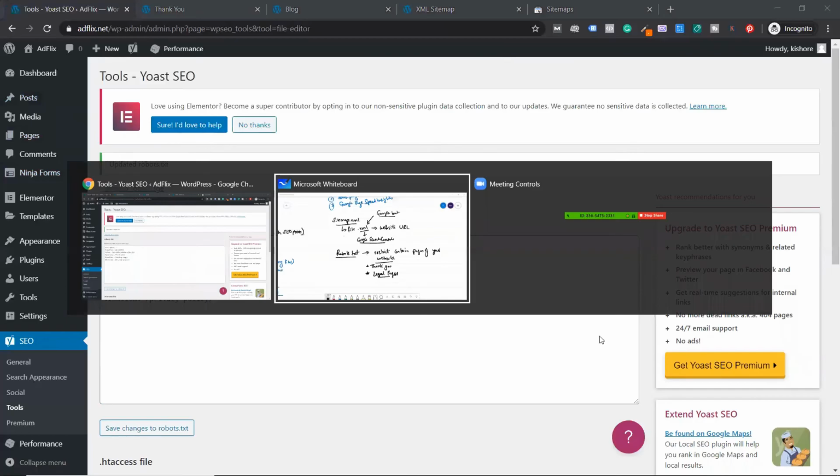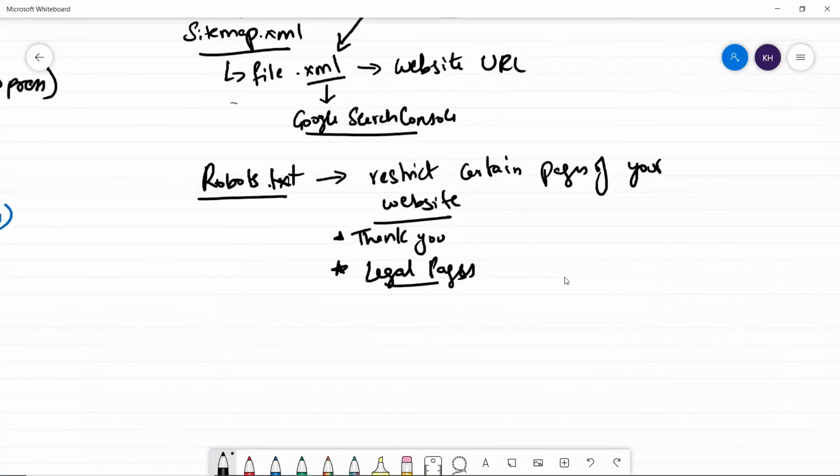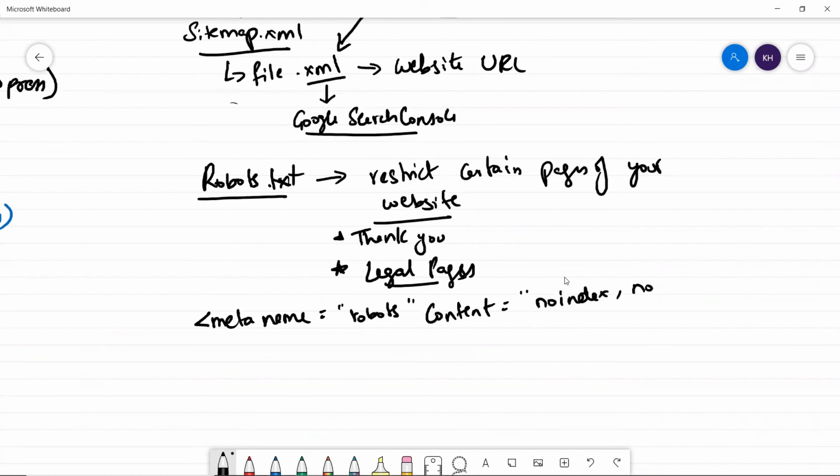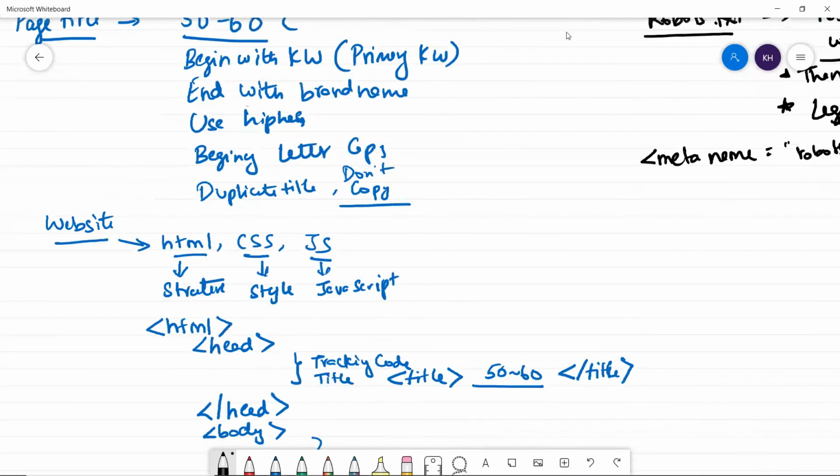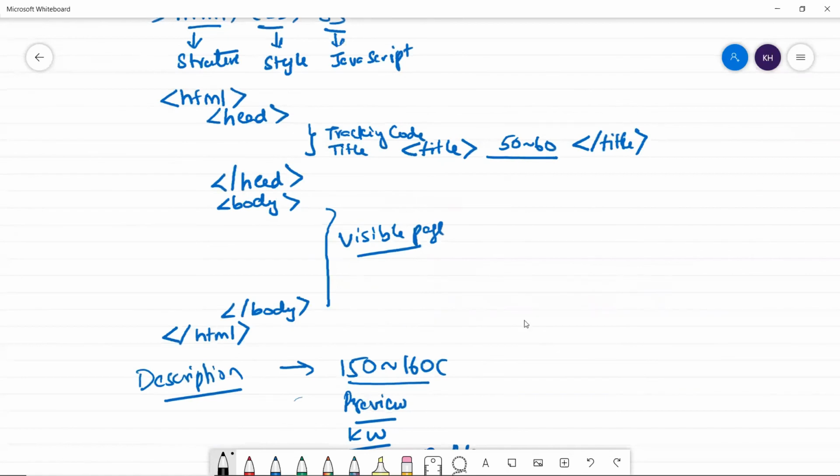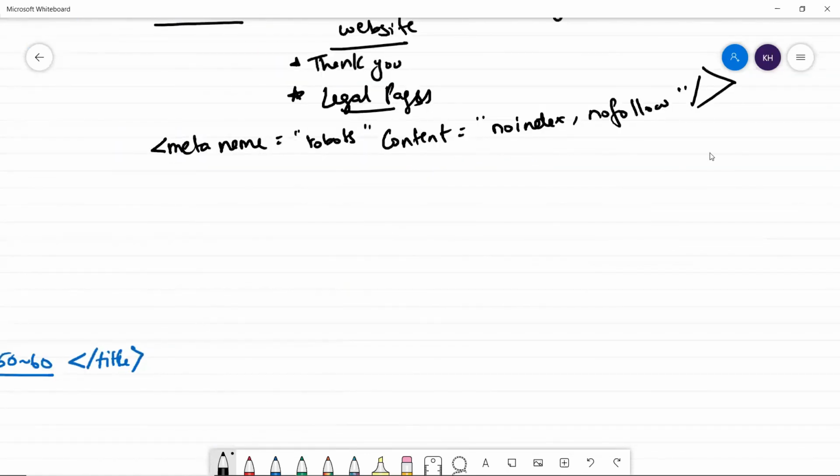One more thing, if it's an HTML website that you have built, remember the syntax: in the head part of your website, you have to add this tag. You write meta name equals robots content equals noindex, nofollow. This is the tag you write in the head part of your website. I wrote it here, hope you remember this one. This is the head part, and in it you write this tag for that page. If you write it like this, that page will not be shown or indexed on any search engine, not only Google.